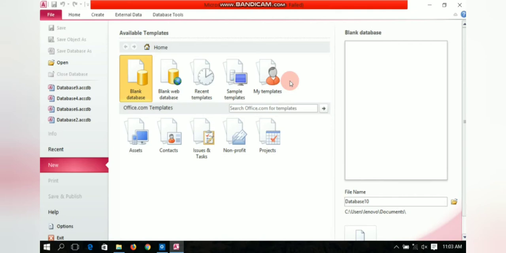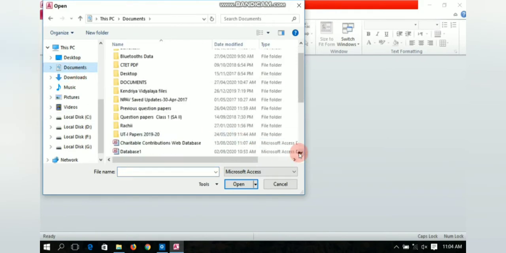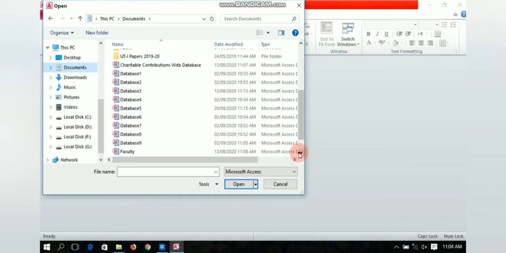As soon as I open MS Access 2010, this window will appear, and now I want to open an existing database file. So what I will do, I will go to the File tab and click on the Open option from the drop down list, and I will select the database file that I have saved